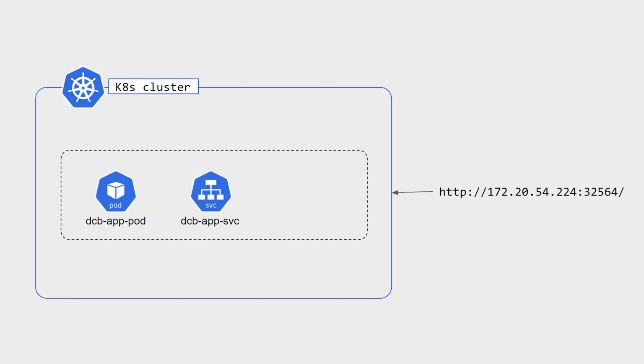Now if we take the example of an internal service or an external service in the Kubernetes cluster, that service will be attached to any of the deployments or any of the pods, and we will be getting the IP address and the port number for it. So if it's an external IP, we can call that API or call that pod information from the external world with that particular IP address and with that particular port number.